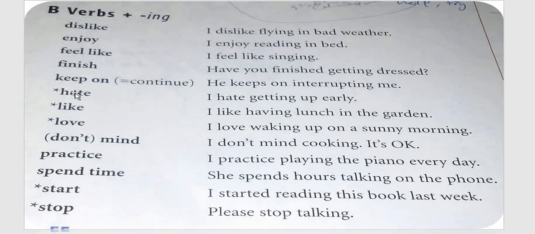Look here, my dear students, after these highlighted words that is written with the stars upon them, like hate, like, love. What does the star mean here? It means can be used in two ways. What does it mean? You can use after them verb plus ing, or after them to plus infinitive. Okay, it can be used in two ways, whether practicing the first rule or practicing the second rule.